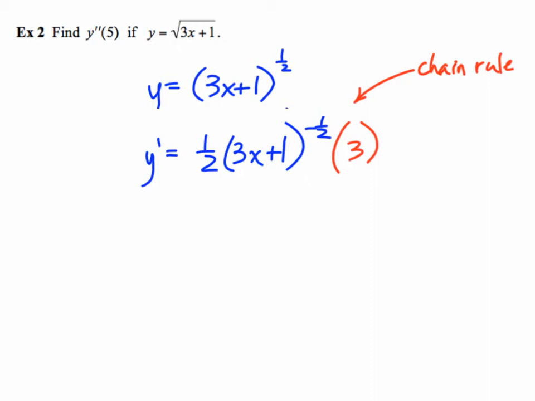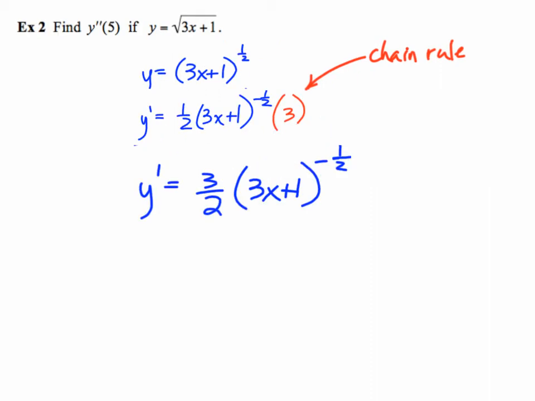So simplifying this further, I'm going to combine and multiply 1/2 times 3. So the first derivative will equal 3 over 2, bracket, 3x plus 1, bracket, all to the negative 1/2. Here I have to now take the second derivative because that's what the question asks me for. So again, I'm going to apply the chain rule,